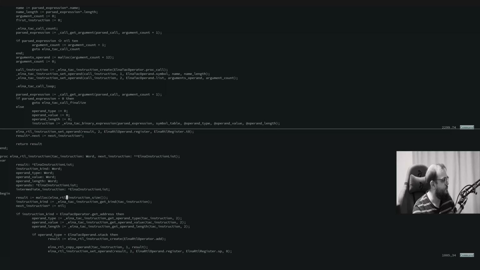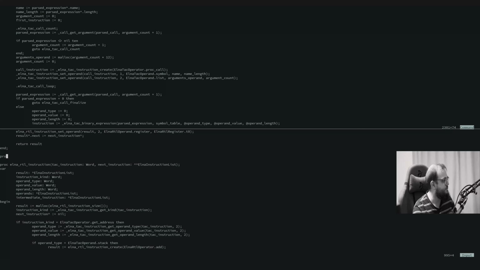We do not have one, so we are going to define it, because the handling of procedure calls will probably take some space, so we do not want to make this RTL instruction function even longer, because it is already long enough. So we just pass the instruction to this, or probably just the same arguments